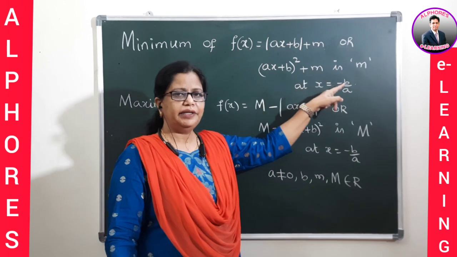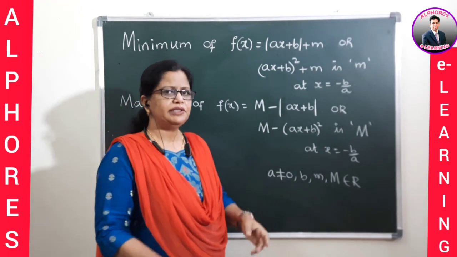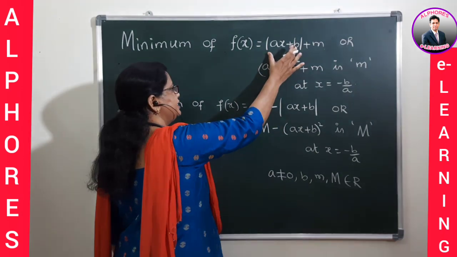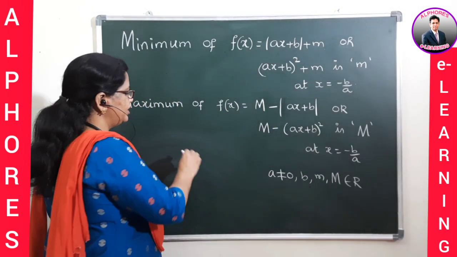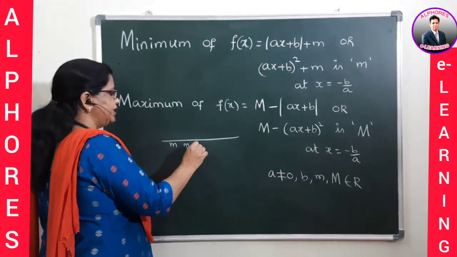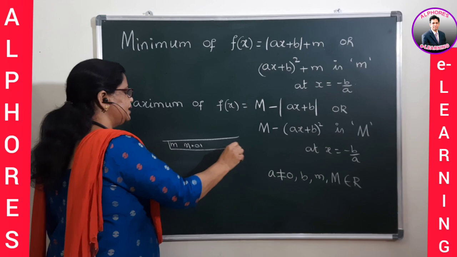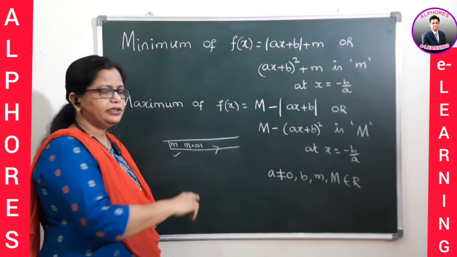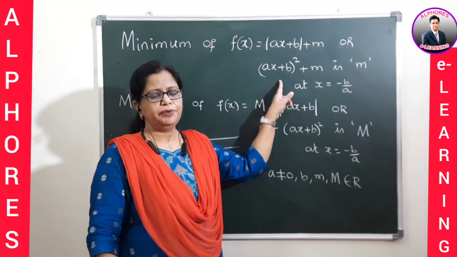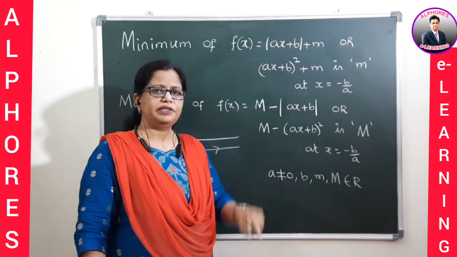Now we are telling clearly the minimum value is nothing but m. What is the reason how we can say the minimum is m? Because the mod symbol is there, and here also, so whatever the result, that value is always positive. To a positive value you are adding m, which implies it is m first and after that it may be m.01, m.02 etc. Among all the values you consider, this is the least one. That's why we can say the minimum value is m. And moreover, we can obtain this minimum value exactly when x is equal to minus b by a, that means when ax plus b is equal to 0.